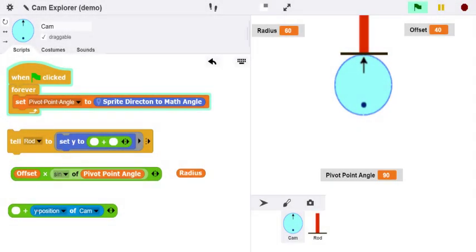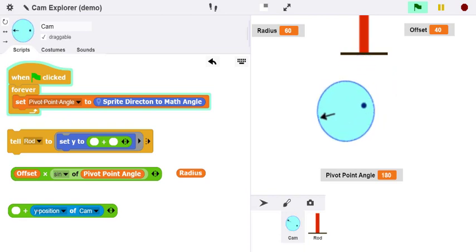The Next Generation Science Standards for middle school call for development of mathematical representations and computer models to describe physical behaviors. To see how that might be done, we're going to use the educational computing language SNAP to build a model. I have a cam here, and the cam